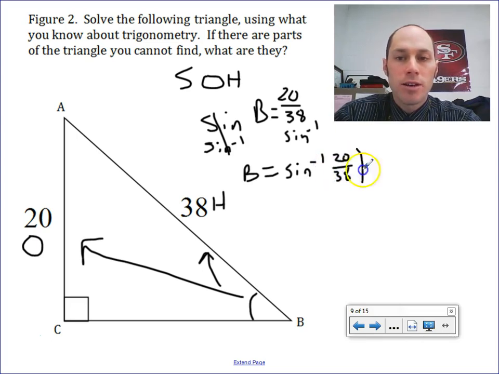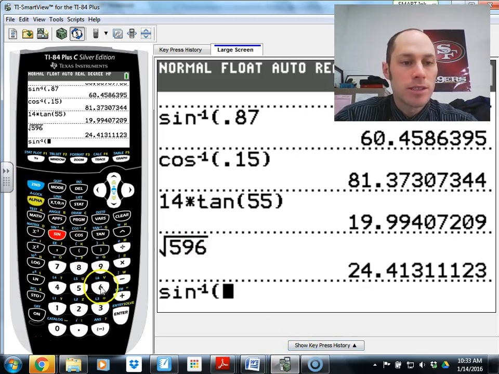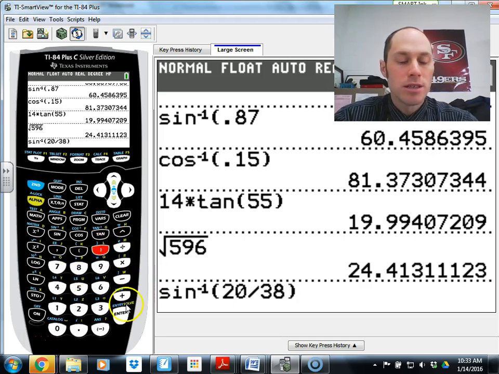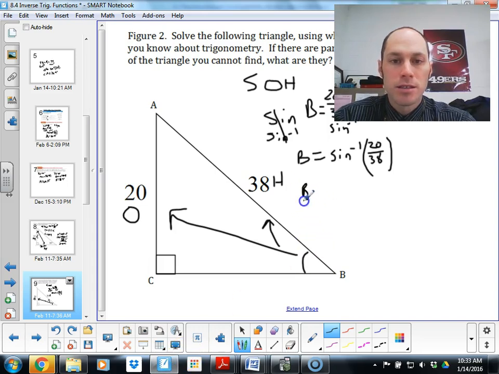And then we'll use our calculator to figure out that measurement. So sine inverse of 20 over 38. Notice we don't need to simplify our fraction. We can if we want, or we can change it to a decimal. So B would be 31.8 degrees. And if we're going to round to the nearest degree, we would say that's 32 degrees. So if B is 32 degrees,